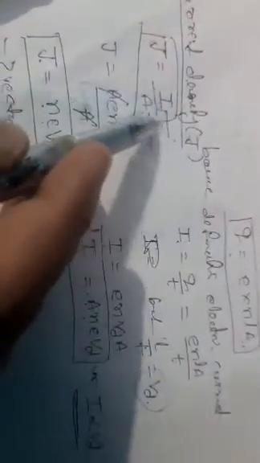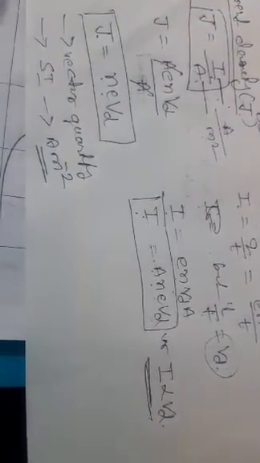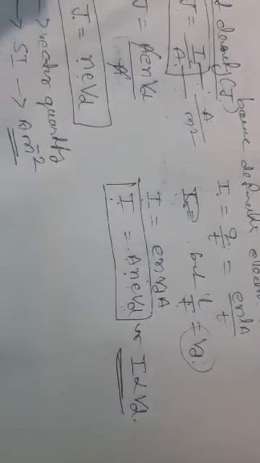And what is the SI unit of current density? By definition, the current flowing per unit area is called current density. The rate of change of charge is called electric current. The unit of current is ampere, and the unit of area is meter square. So that is ampere per meter square, or ampere meter inverse square. That is the SI unit of current density. This is the concept of current density. The final equation of current density is J is equal to nevd.